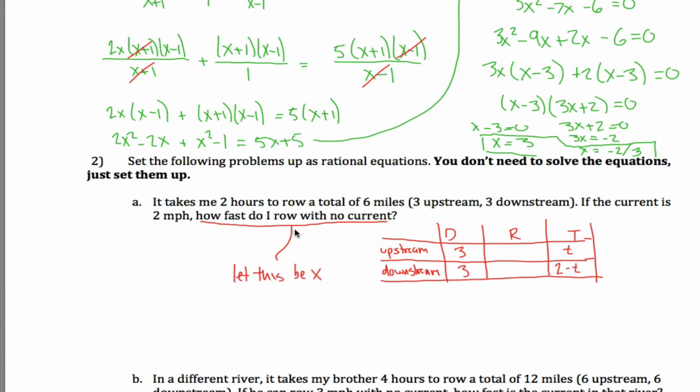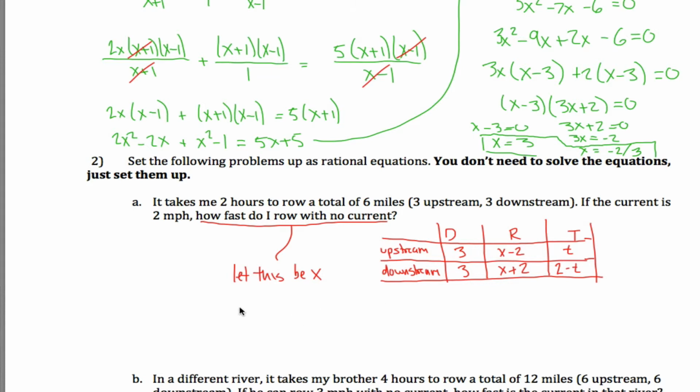If my speed is normally x and I'm going into a 2 mile per hour current, my speed is 2 less than x. And if I have a 2 mile per hour current at my back, my speed is 2 more than x. Fill in the box like this. In order to set up a rational equation, I want an equation that only has one variable. To get there to be only one variable, x, what I want to solve for, I have to get rid